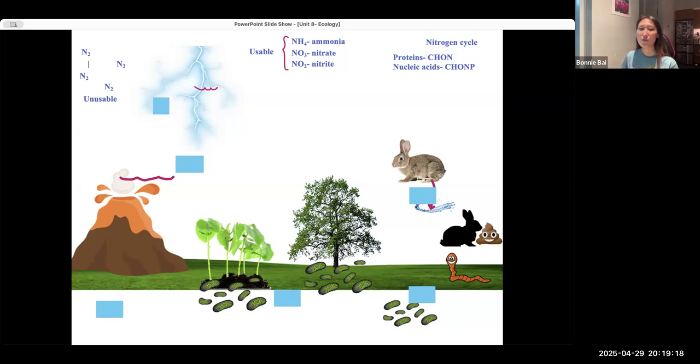Okay, so what are some ways that the unusable form of nitrogen can react and become the more usable forms of nitrogen? One of the things that happens is lightning. Lightning has a lot of energy, and all kinds of chemical reactions happen when there is lightning. One of them is turning N2 into NO3 with all the oxygen and nitrogen in the air. Well, NO3 is fantastic. This process is called atmospheric nitrogen fixation.